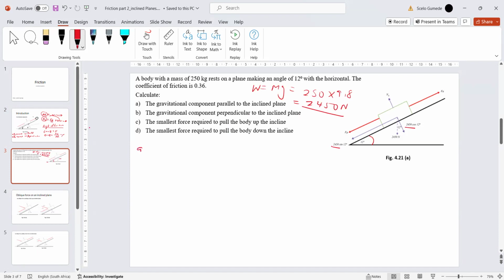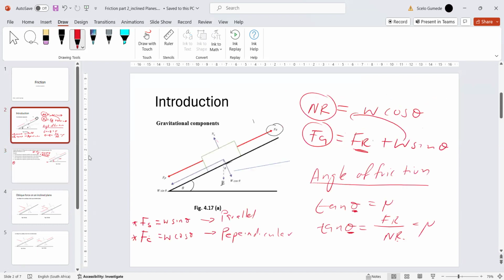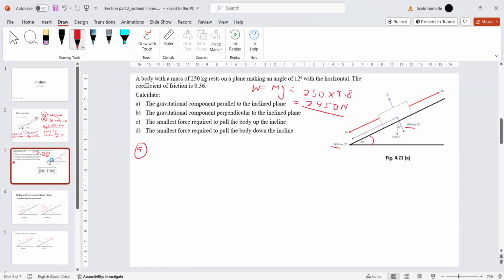Now, A, find the gravitational component. Gravitational components are these forces: the gravitational component parallel and the gravitational component perpendicular, because they are due to gravity. That's why we call them gravitational components, or parallel component and perpendicular component, right? So for A, the parallel one, remember, is the one of sine, which is going to be W sine theta, which is